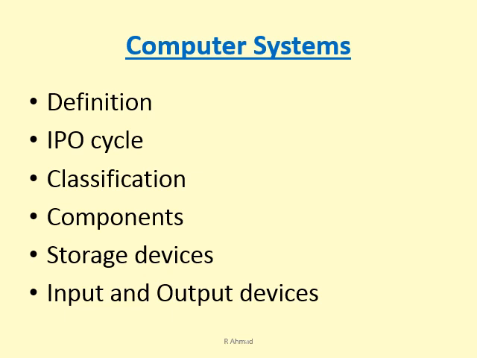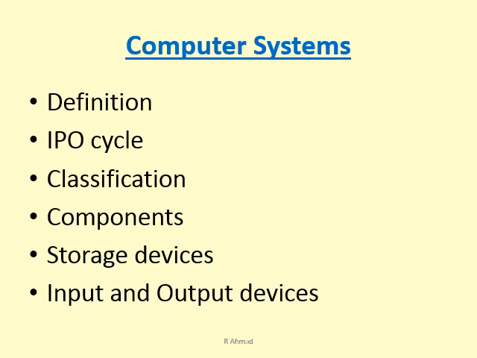So we talked about the components of computers. The input device is a device that can accept data from the user and send it to the computer where it is processed. The output device, after processing, shows you the result. Then we talked about the inside of the CPU, which, like I just told you, is divided into the memory unit, the control unit, and the arithmetic and logic unit.